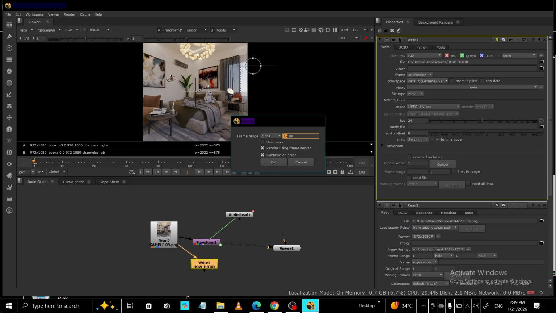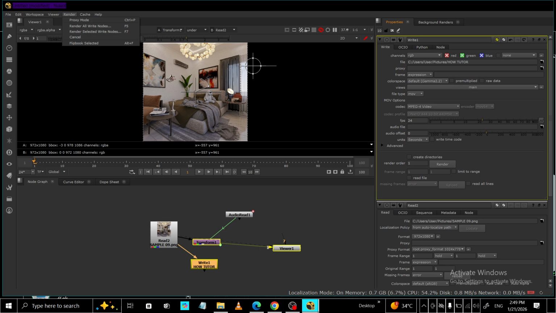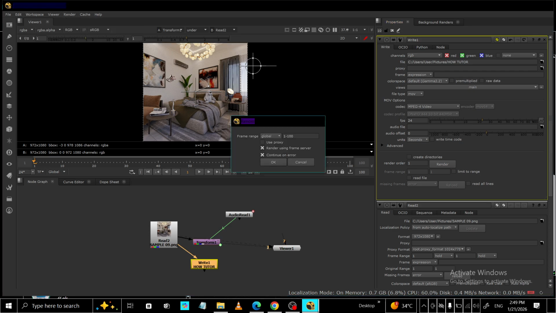When you're ready, go to the top menu, choose Render, and then Render All. You can also use the shortcut Ctrl+R on Windows or Cmd+R on macOS. Keep an eye on the progress indicator and avoid interrupting the process. Finally, check your output. Your .mp4 file will be saved in the